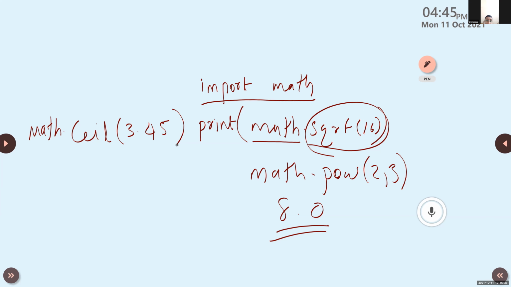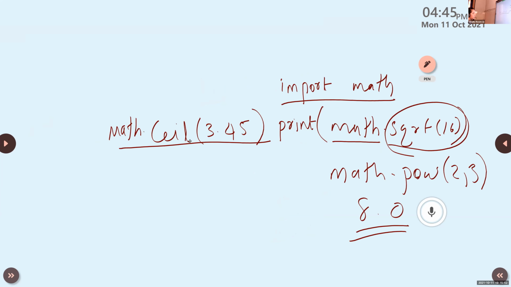It will be 3. Here the question is math dot ceil 3.45. Ceil is a function that returns the smallest integer that is greater than this number. Okay, Emmanuel, it is 4. Correct, Emmanuel. Very good. It is 4.